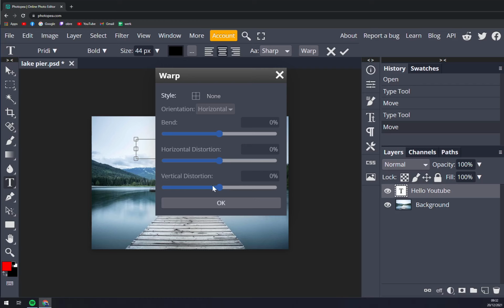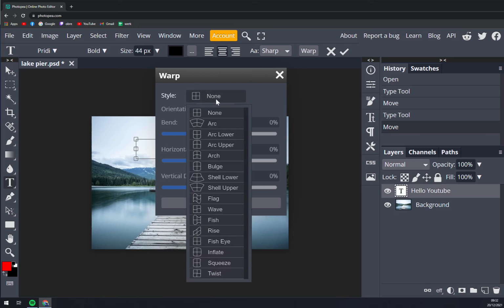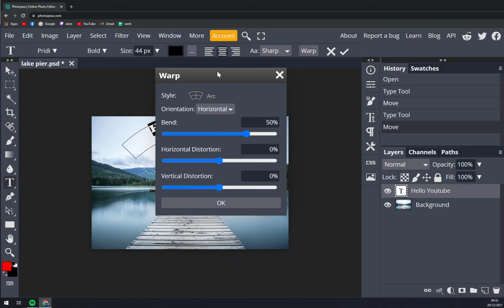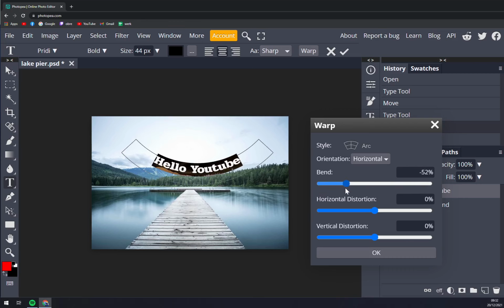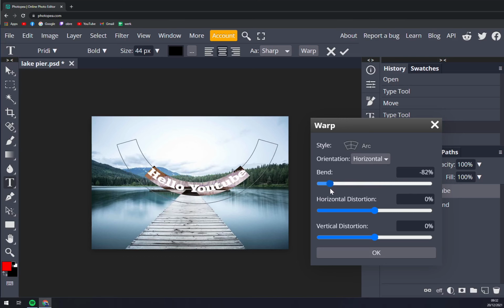So we have to first choose the style, and you have all the styles. Probably the arc will be the most common one, and as you can see, straight away it's curved. Now we can choose the bend,